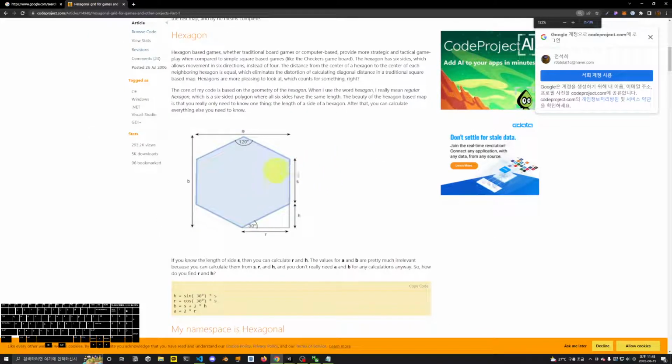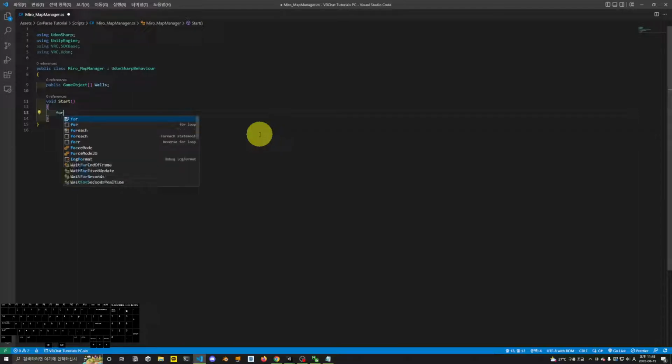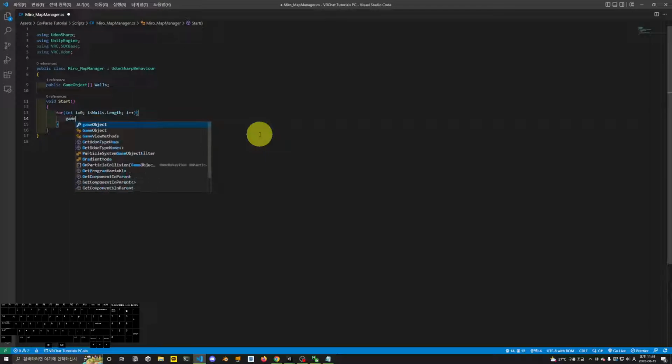But first, let's do the first floor. In GameObject array walls, for int i equals 0, i smaller than walls.Length, i plus plus, change their positions. GameObject currentWall equals walls[i],